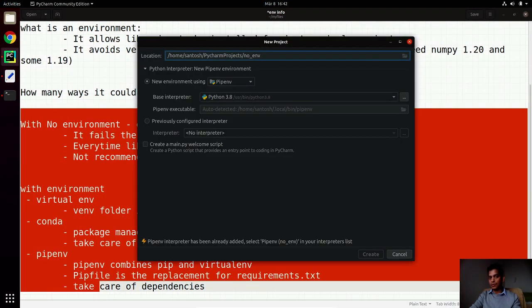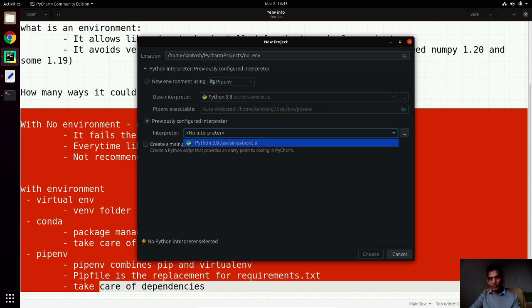A new project is possible with virtual environment, pipenv, and conda, these three things. And to select no environment, we go to the previously configured interpreter, where one of the options would be Python 3.8, which is directly through bin. So it is now not using any environment, but it is running all the code on the base interpreter. So if I click on create,